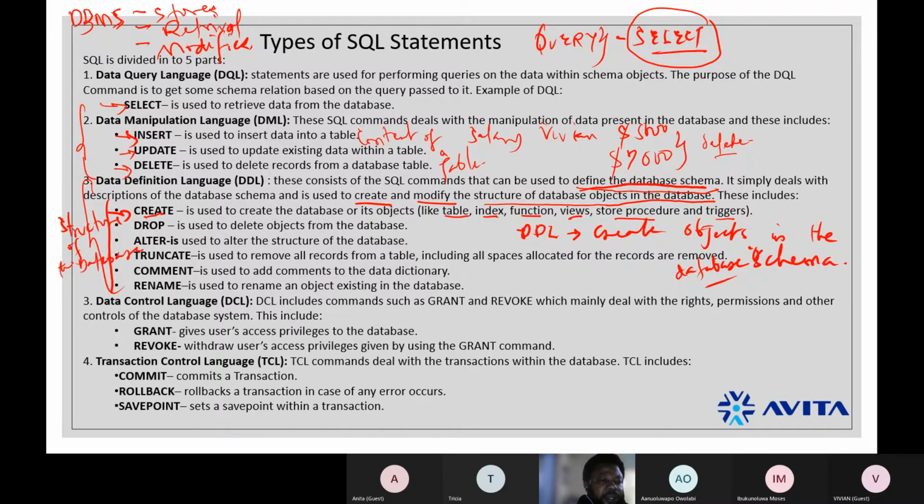DML deals with the content, while DDL deals with the structure. So when an object is no longer needed, we don't delete it; we drop it.